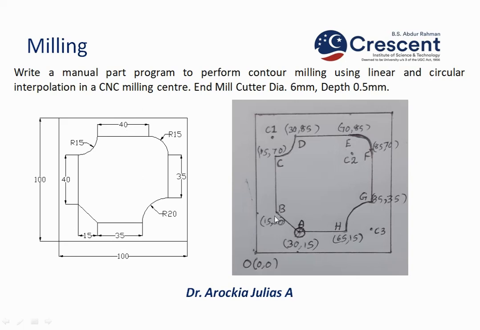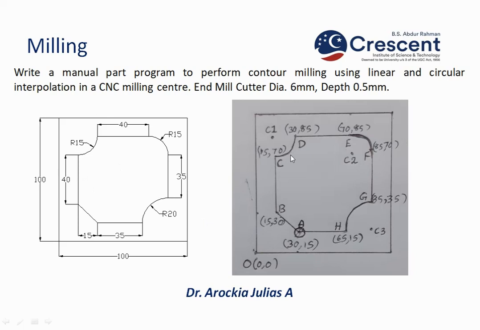So here we are moving towards the left. Okay, normally in many programs they will move towards the right. Here I am taking the left side from A to B. It is a linear interpolation. Okay, A to B. In the diagram it is given as 15. Again, the other value, the vertical value, is not given, but we calculate it. Okay, 15 plus 15, so the balance will be 15. So for B the coordinate value is 15, 30. For C it is plus 40 in the y-axis, so 15, 70.